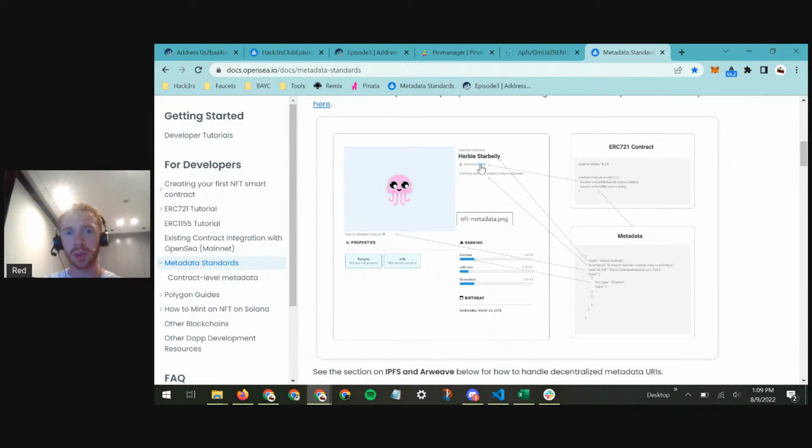And this is what I talked about with those pointers. You have a contract that has a pointer to some metadata. That metadata will have a pointer to an image. And when you have a Dapp like OpenSea, or maybe something we're going to make where we want to show people their NFTs in their wallet or show people what they've minted, that's what we're going to be querying to get that data. So it's not enough to say you own token number 76 in contract XYZ1234. We want to take that token and look it up in IPFS or wherever it's stored, and we know where it's stored because